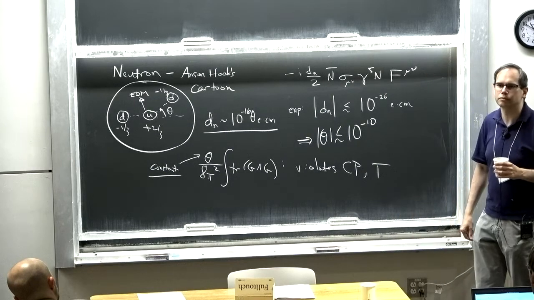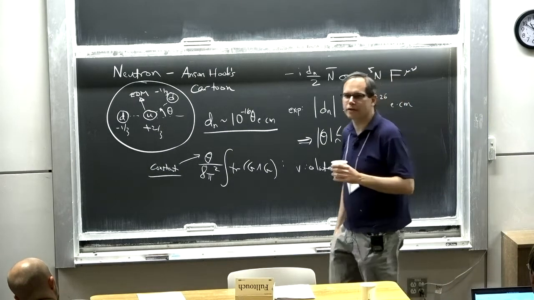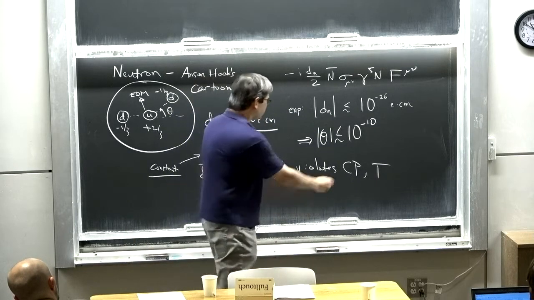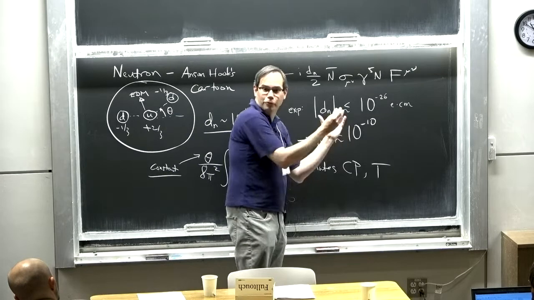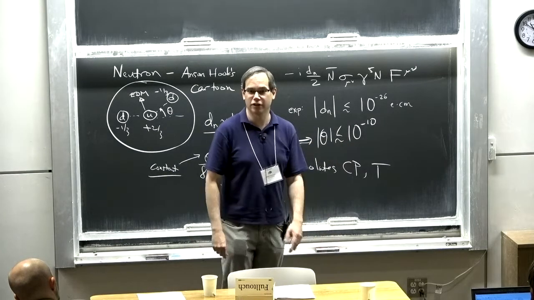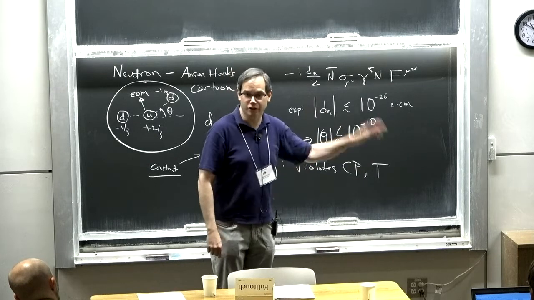Yeah, 10 to the minus 10 is 10 to the minus 10. So we don't really know the number very precisely, but that's why I wrote this with a squiggle in it. It's less than or around 10 to the minus 10, and it's hard to say exactly where. But it's definitely not 1, and it's definitely not 10 to the minus 5. It's really, really small.